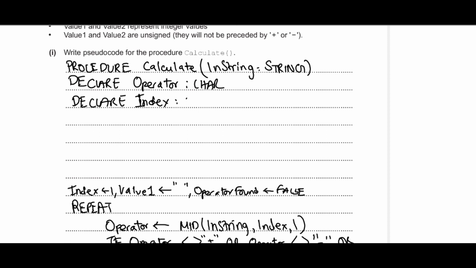It's going to be integer. Declare operator found. We actually used a Boolean value, so that's a Boolean. Declare